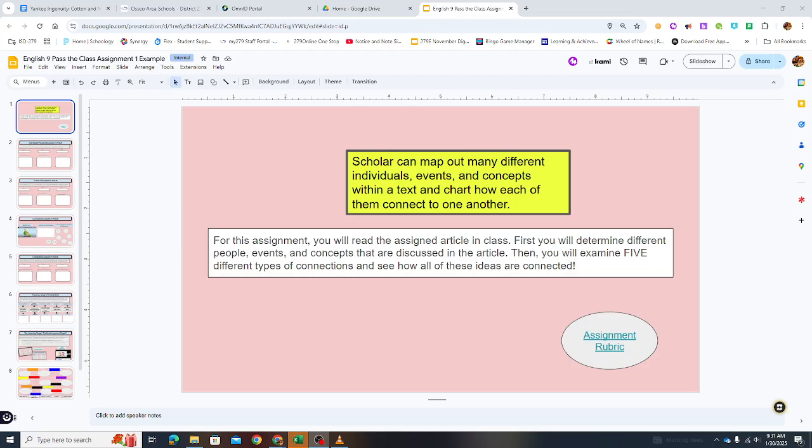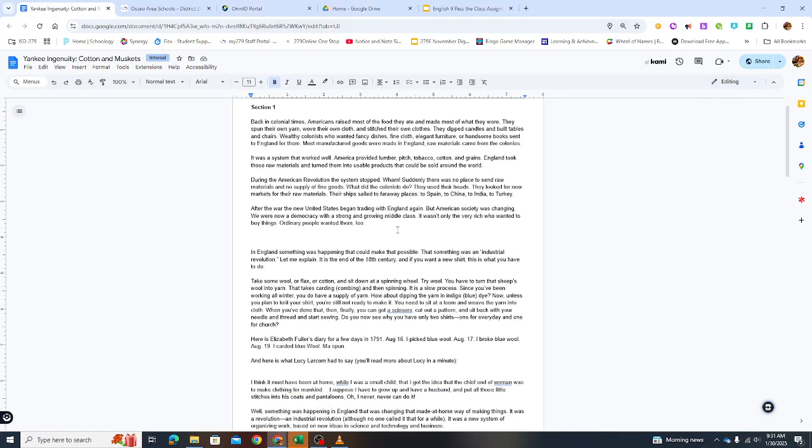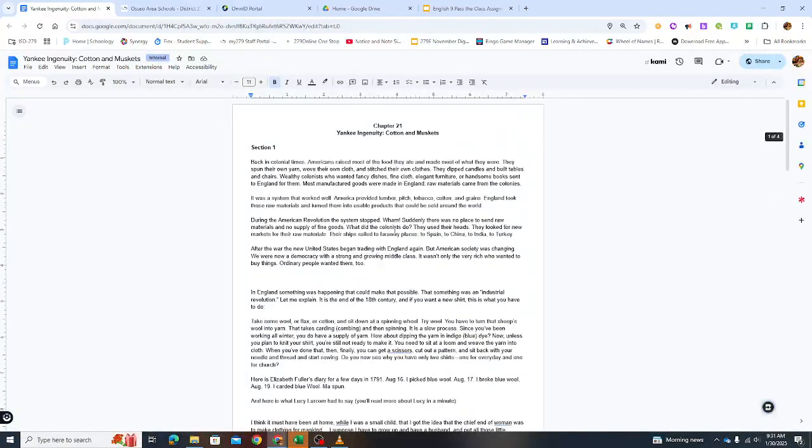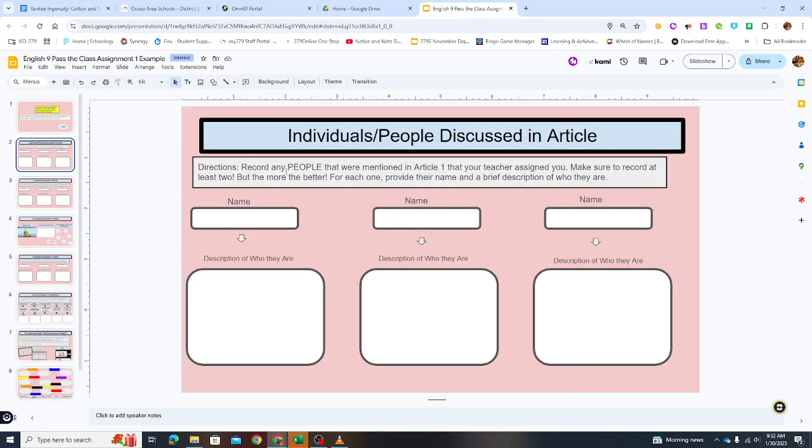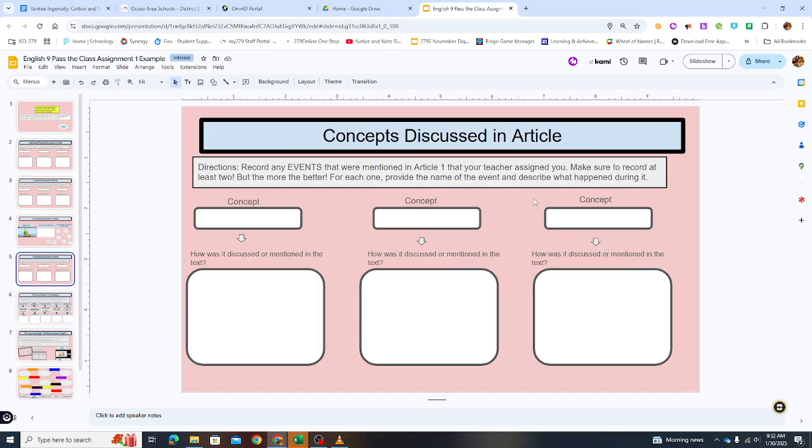So for this assignment, you're going to need two things. You're going to need the actual assignment, and then you're going to need the article that was assigned to you. So if you don't have the article, make sure you reach out and get that article. Because basically, I see this assignment as having two parts. The first part is reading the article, and I need to find three people, three events, and three concepts mentioned